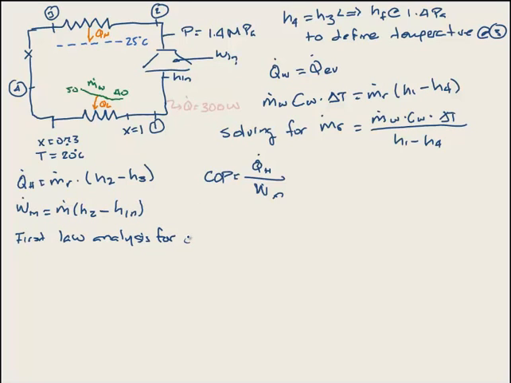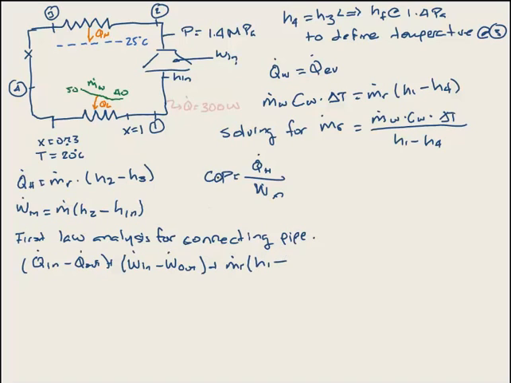For the connecting pipe, we have done this in class. So for the connecting pipe, we know that we have Q in minus Q out plus work in minus work out plus the mass flow rate of refrigerant times H in, that is H1, minus H out,